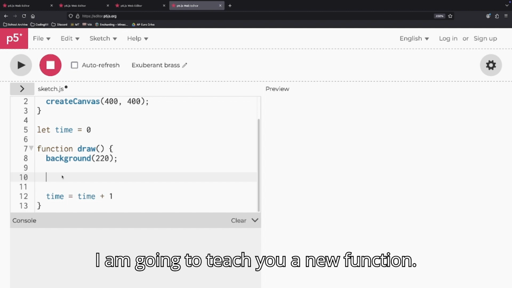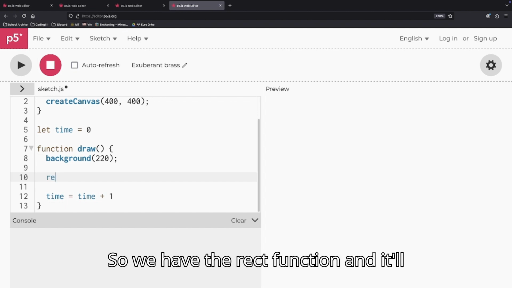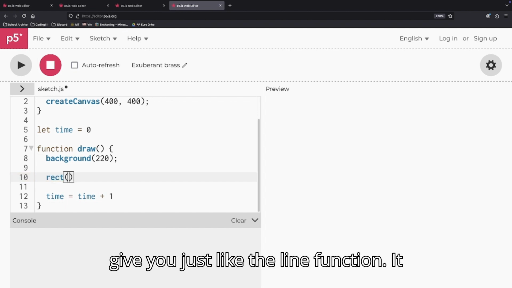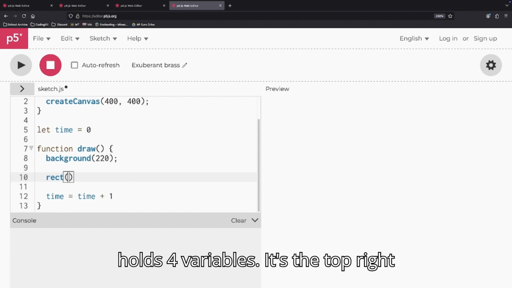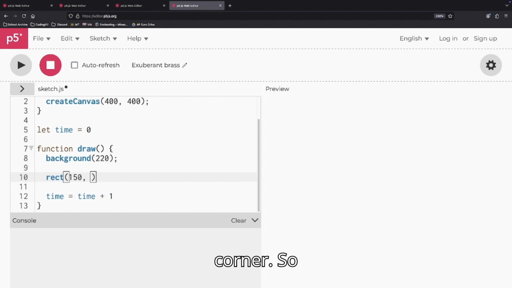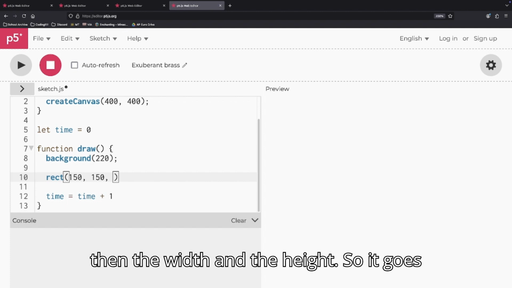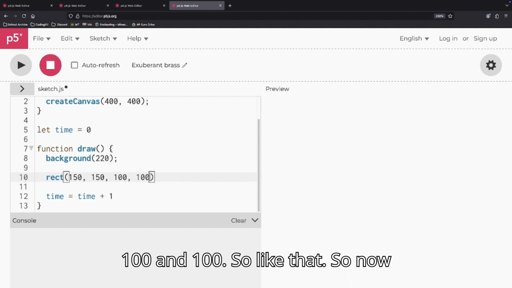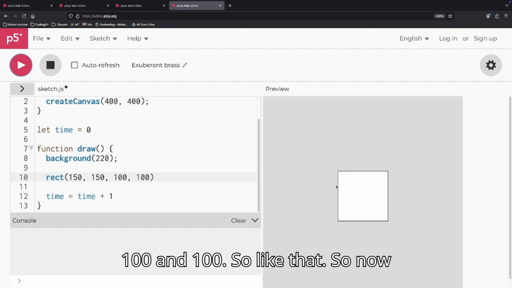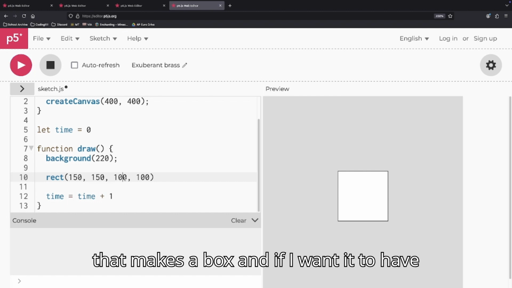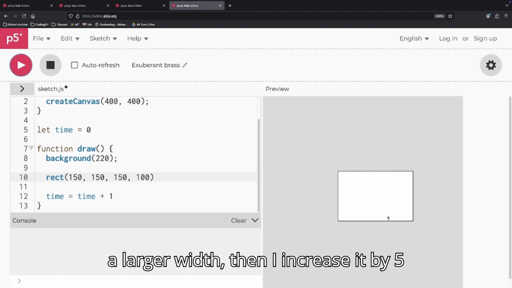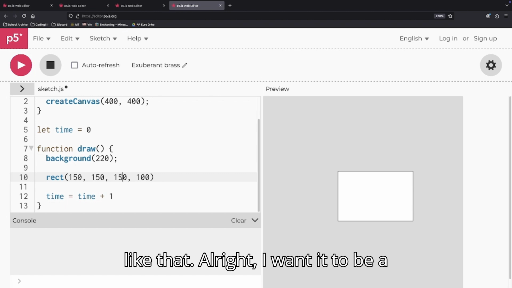Then I am going to teach a new function. So we have the rect function, and just like the line function, it holds 4 variables. It's the top left corner, so those are 2 points. So 150, 150, and then the width and the height. So it goes 100, 100. So like that. So now that makes a box. And if I want it to have a larger width, then I increase it by 5, like that. All right, I want it to be a square,